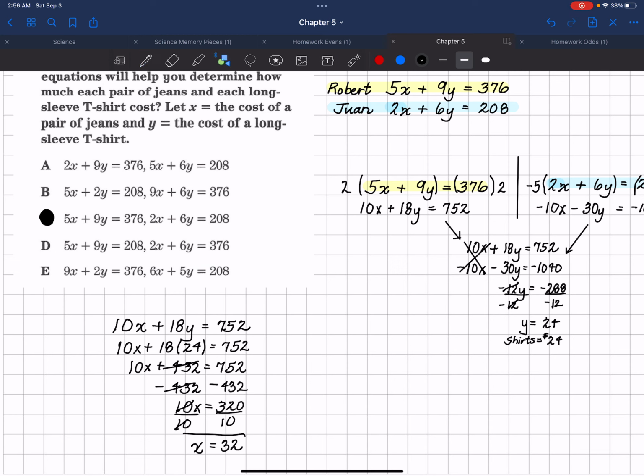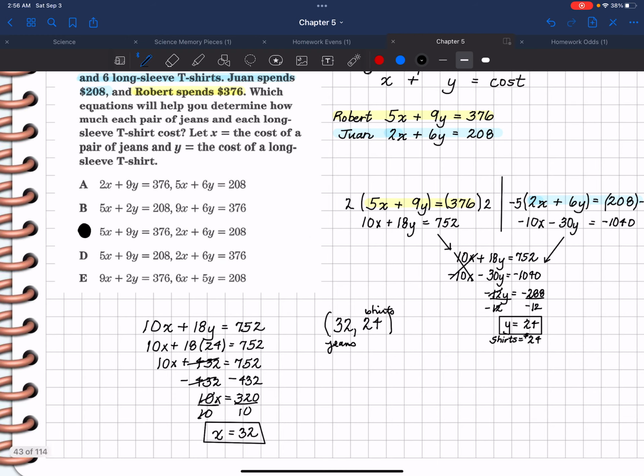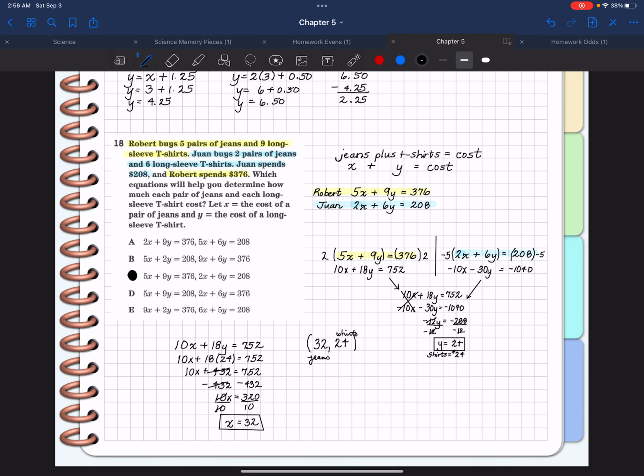So using that system and the process of elimination, we have the solution to a system is a point. So we have (32, 24) because this was the price for the jeans and this was the price for the shirts. Okay, number